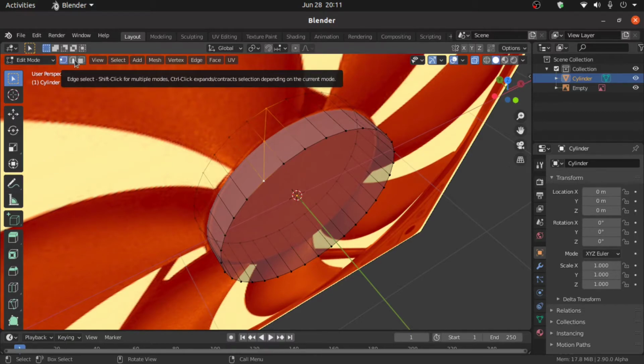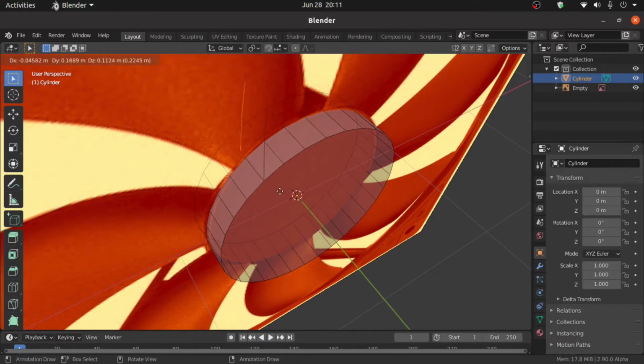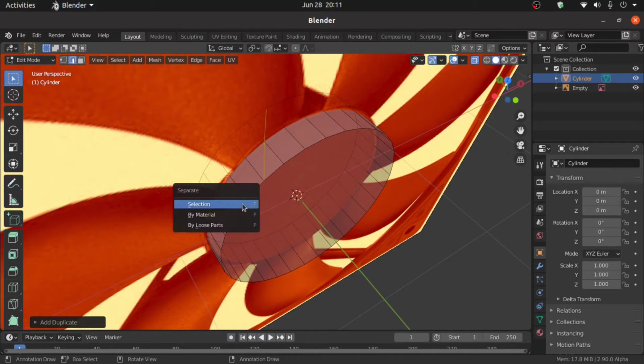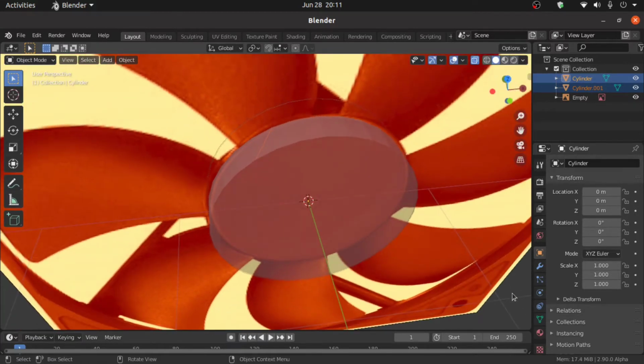Switch to face selection mode and press Shift D to duplicate, then right click to confirm. Now press P and separate by selection. Switch to Object Mode. Now select this cylinder, that is Cylinder.001, then press 1,